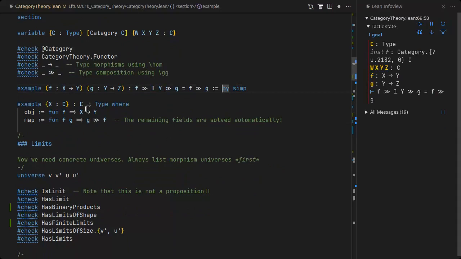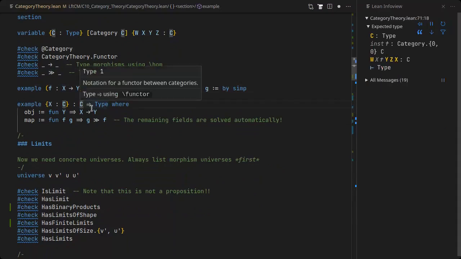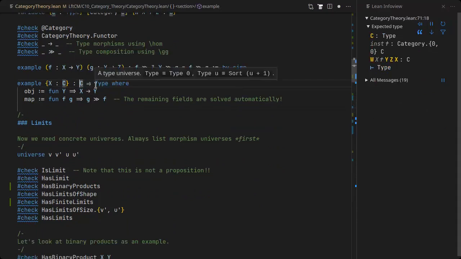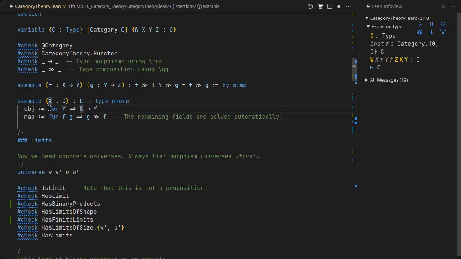And then, for example, for every category, we might want to define a functor. So this is the symbol for functors from the category to type, where the objects are just functions. Like, okay, we have one object, so this is basically the hom category. So the objects are morphisms from X to Y, and the thing I wanted to show with this one was that